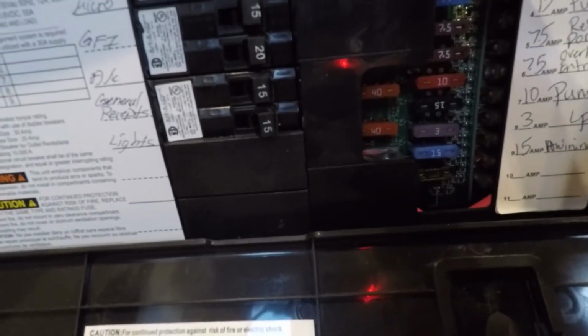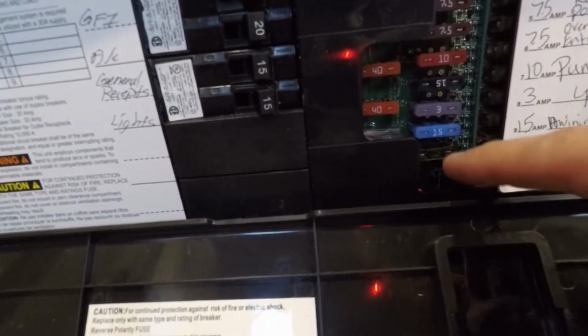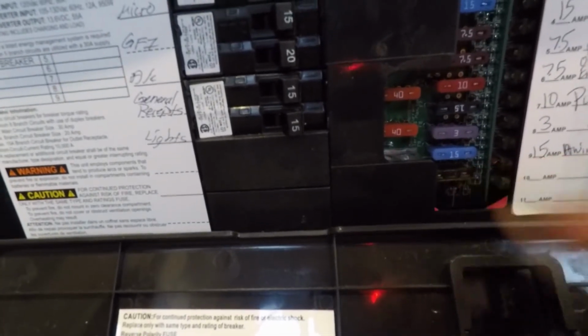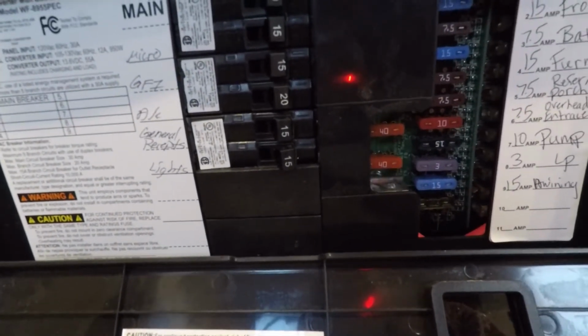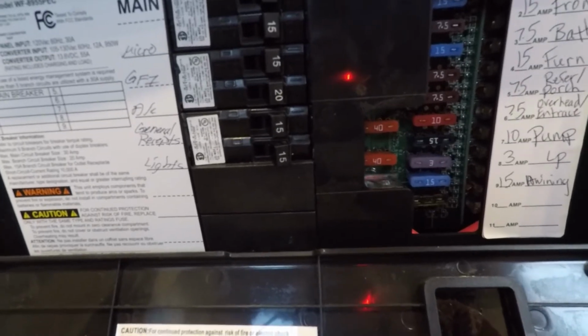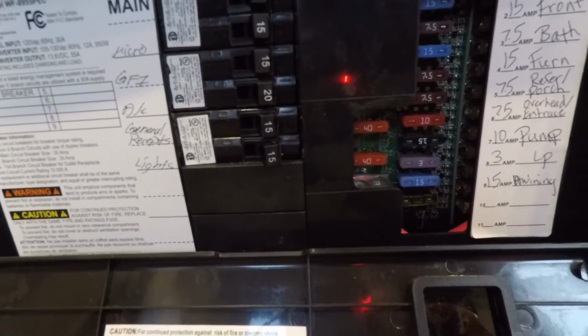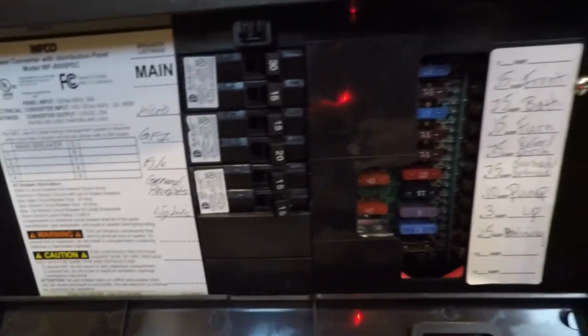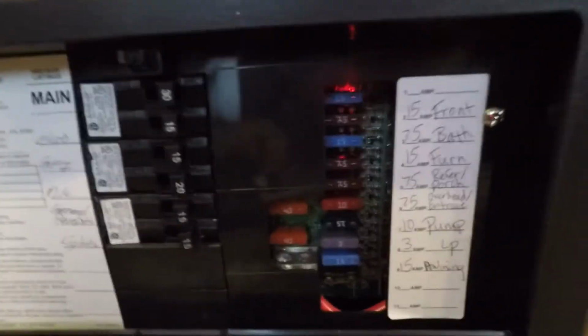So the internet equipment stuff that I put in is running on some 10 gauge wire. It's relatively large gauge wire for this, but I figured if I'm running it, I might as well run something big enough. This is a 7.5 amp fuse, so I'm well within the capacity of that cable for this 25-foot run. And that wire runs along through here